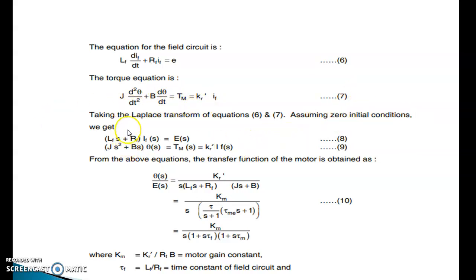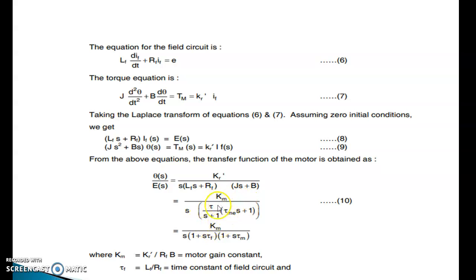Equation number 7. Taking Laplace transform of equation number 6 and 7, assuming initial conditions at 0, we will get (Lf s plus Rf) If s is equal to E s. Second equation, (J s square plus B s) theta s is equal to Tm s is equal to Kf dash If into s. From the above equations, the transfer function of the motor is obtained as theta s by E s is equal to Kf by S whole into (Lf s plus Rf)(J s plus B),